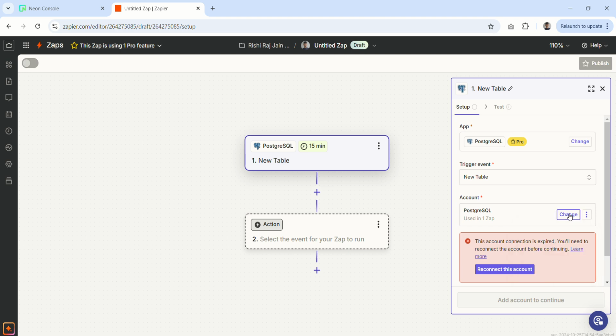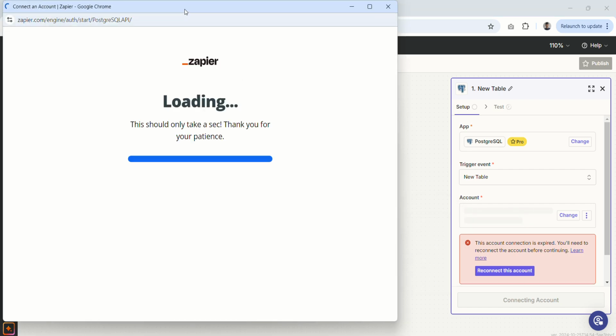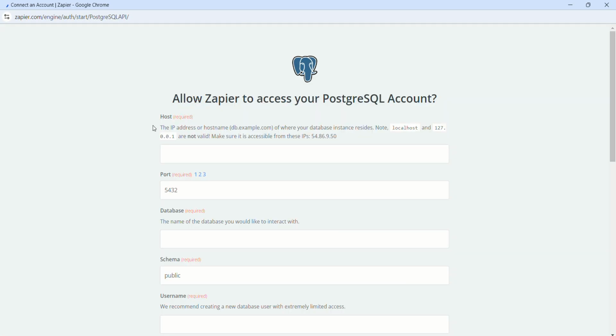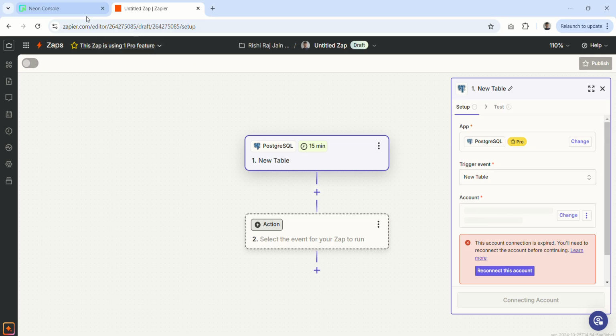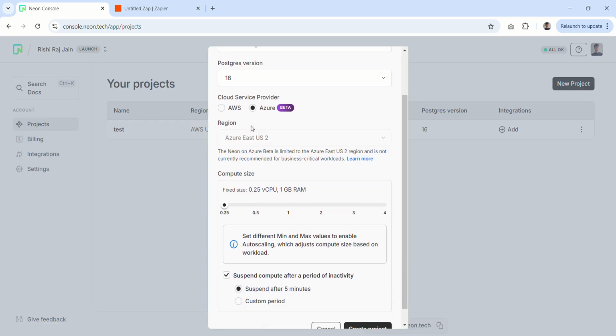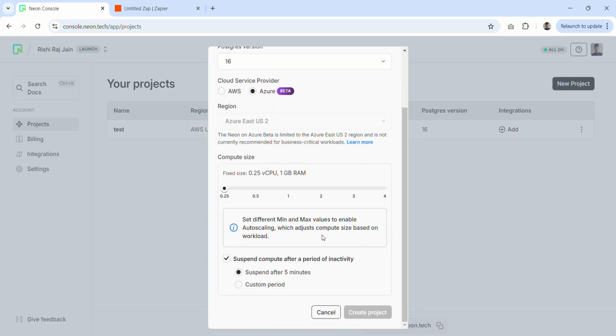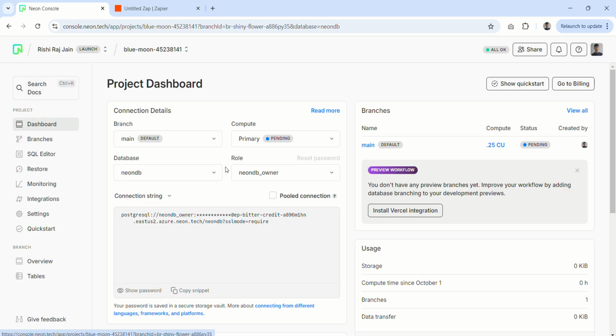we'll change my existing Postgres Zap. So let's do a connect a new account. And this requires some Postgres parameters such as host, database, and stuff. So I'll go to Neon, a serverless Postgres, and I'll create a project by clicking create project. That's done in milliseconds. And then I'll